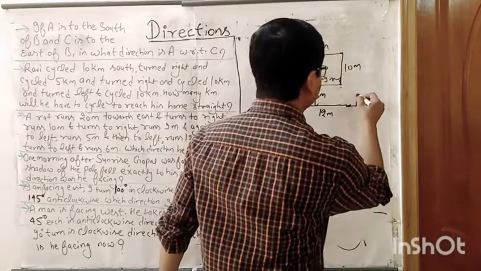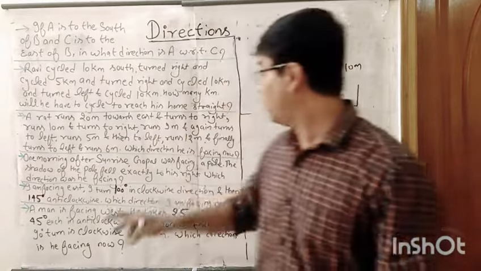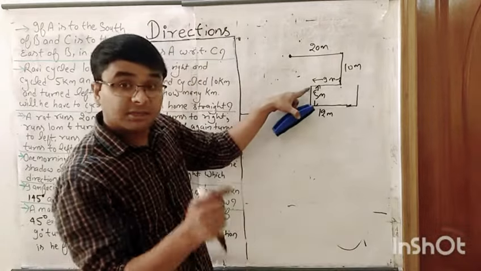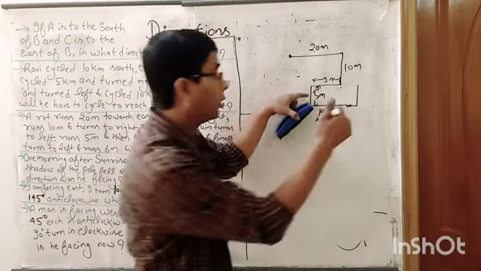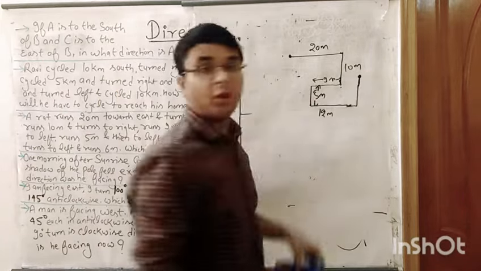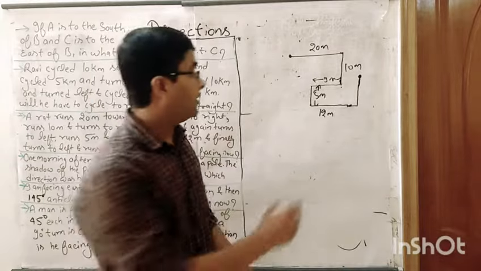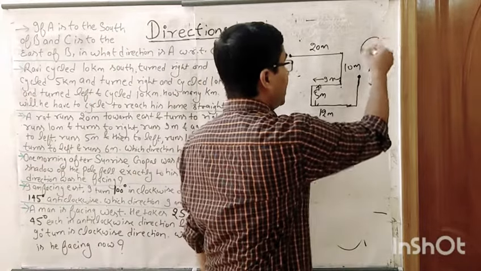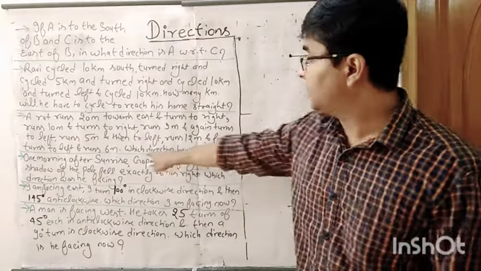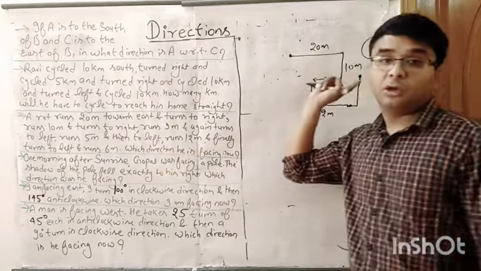So from here he is turning towards north and how much is he walking? Runs 6 meters. So see, 5 meters was this. He has walked 6 meters, so 5 plus 1 more. So 6 meters will be somewhere, let's say here. So this is the final position of the rat. Now which direction is he facing? You can easily see he is facing up, so he is facing north itself. That is what he is asking, which direction he is facing. He is facing your north.